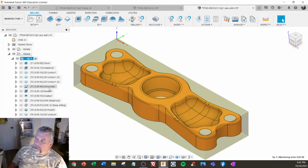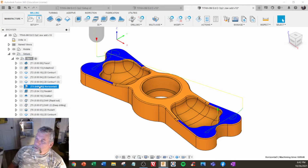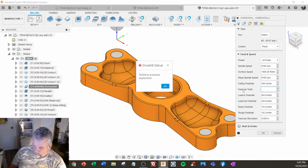world of 3D. So actually, in the meantime, I was able to improve my times here on the 3D sculpting. You have horizontal. There's actually 3 built in there. We're using the same mill to mill 3 surfaces. So I have in here a 3D finish setting for preset, and I increased the chip load by just 1/1000th. Now, these 3D finishes,